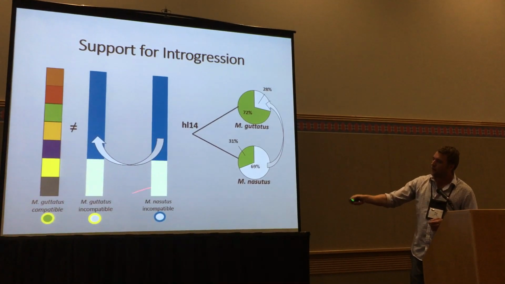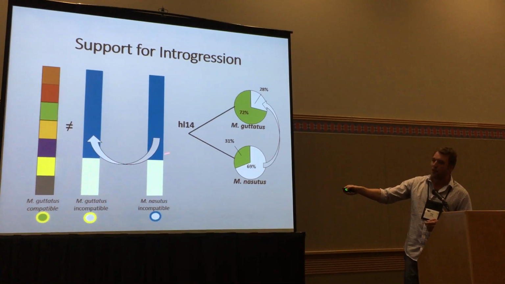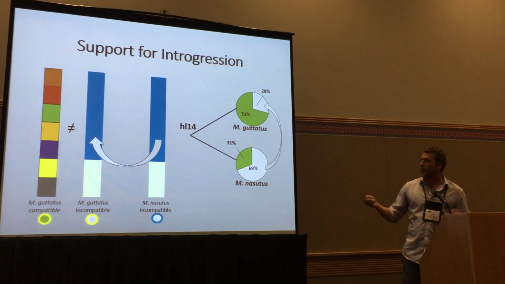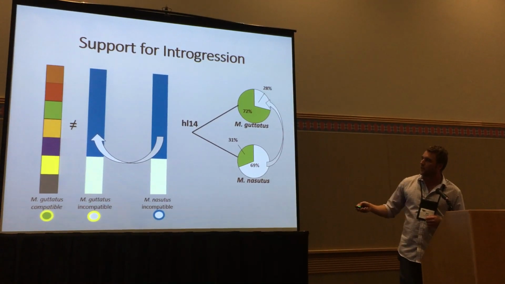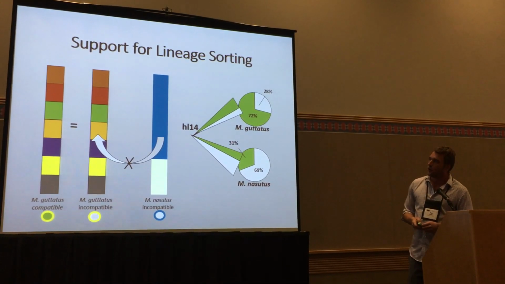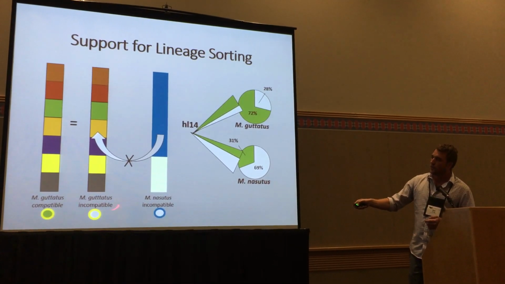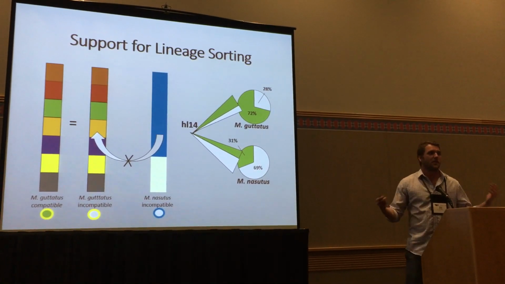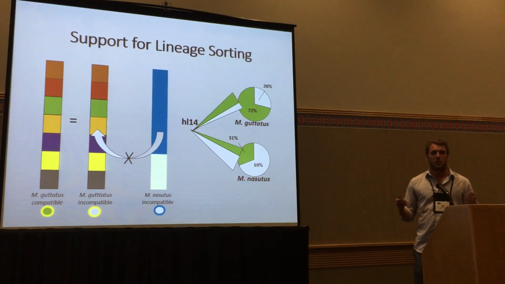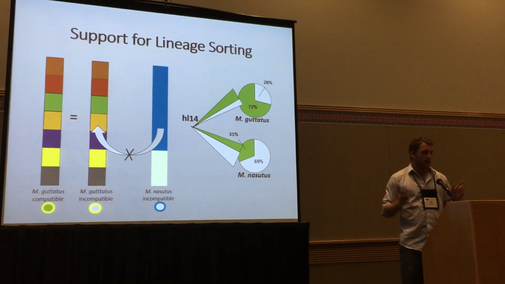If we look at Nasutus white individuals and Guttatus white individuals, and they have the same haplotype structure, then you might infer that there's introgression going from Nasutus to Guttatus. Alternatively, incomplete lineage sorting might show the opposite pattern, where these incompatible alleles have existed in Guttatus for a long time, and so the haplotype structure looks very similar between compatible and incompatible Guttatus alleles, and that variation around the